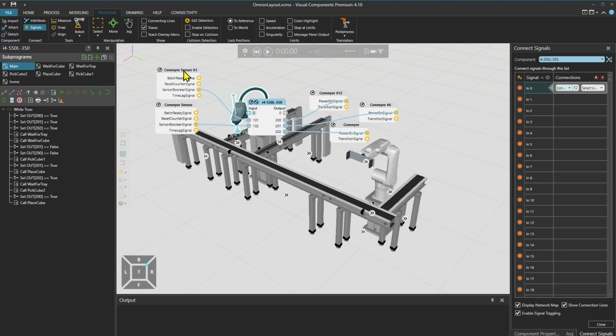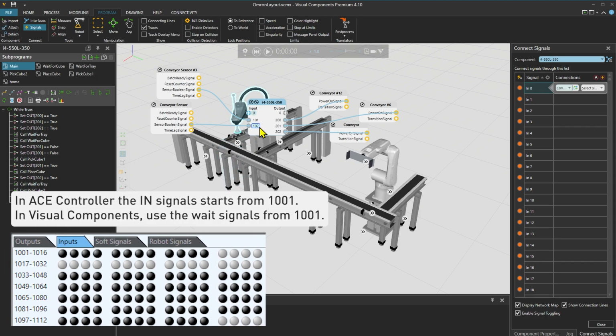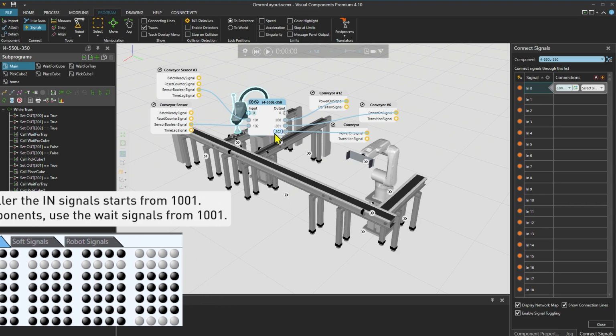Conveyor sensor 3 and the conveyor sensor will detect the presence of the cube or tray for the robot, which are handled with inputs 101 and 102. And then once the parts are in place, the robot uses one of these signals, 200, 201 or 202, to stop and start the conveyor.